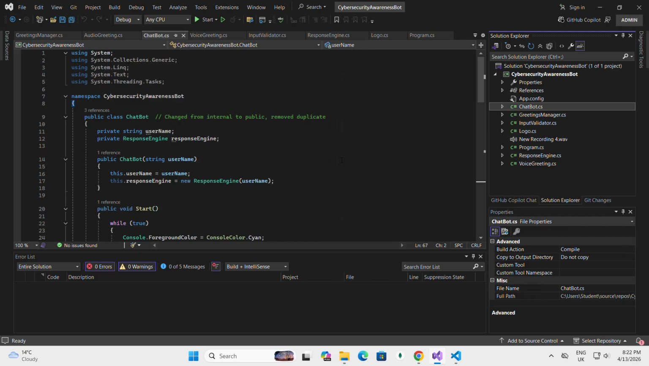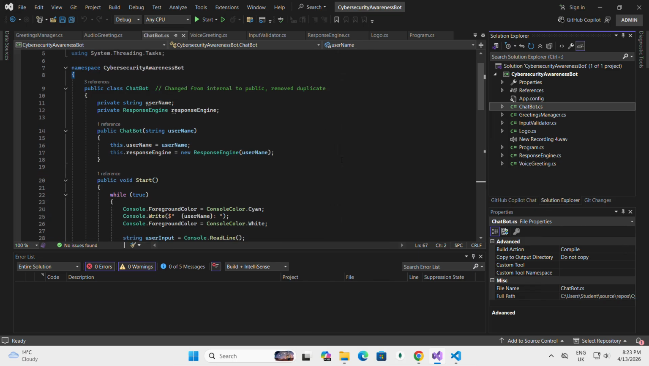Chatbot orchestrates the entire conversation. Let me explain how it works. The class has two private fields, username and response engine. The constructor initializes these when a new chatbot is created. The start method contains an infinite loop. This keeps the conversation going until the user